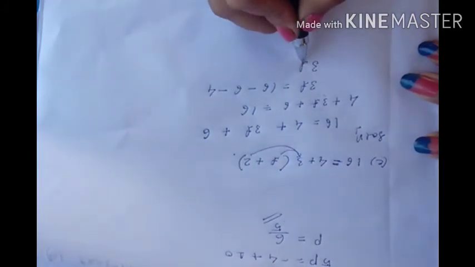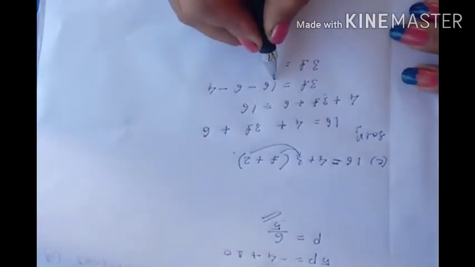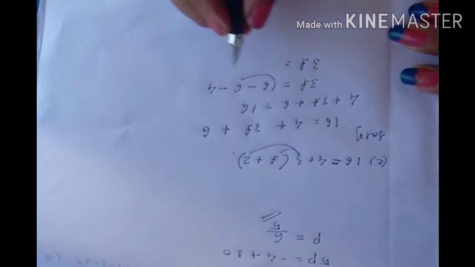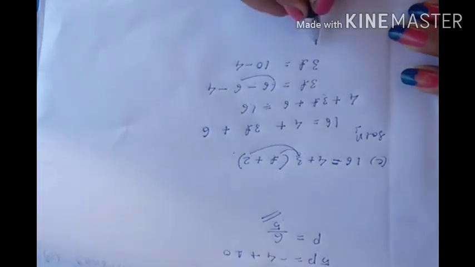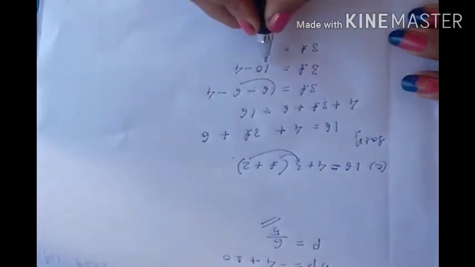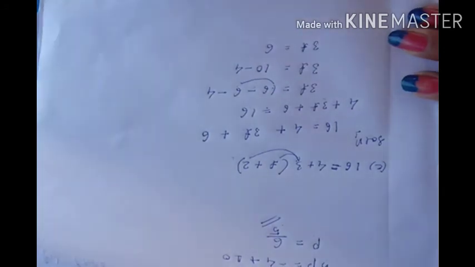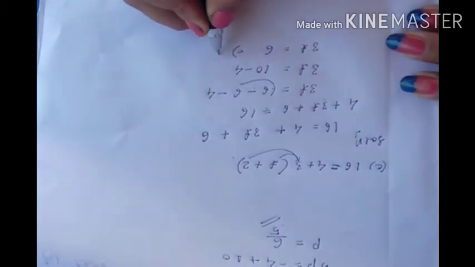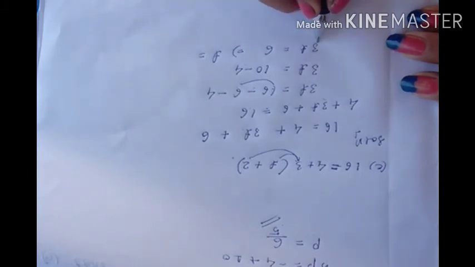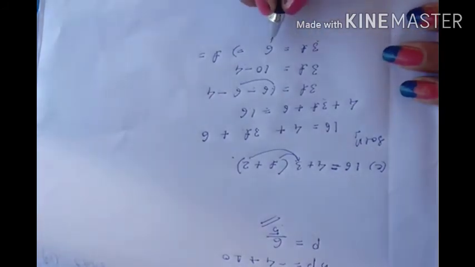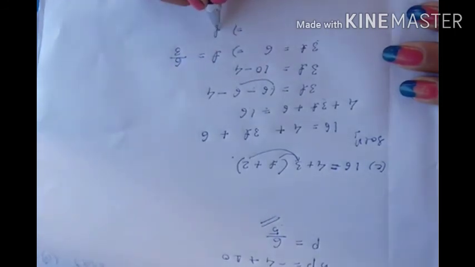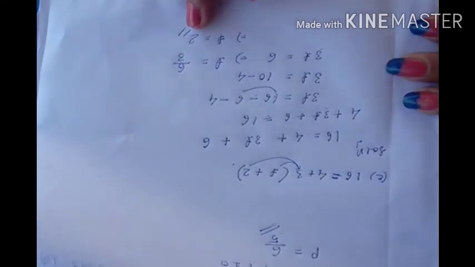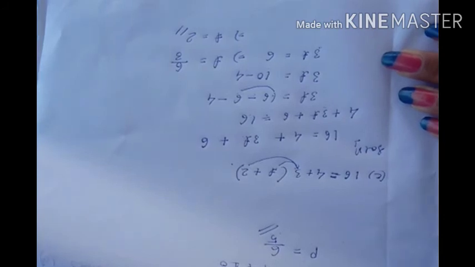Now 3t is equal to, if you solve this, how much will you get? 16 minus 6 is equal to 10, isn't it? 16 minus 6 equal to 10. Now 10 minus again 4. Now 3t is equal to, if you do 10 minus 4, you will get how much? 6, isn't it? Then again t is equal to, if you transpose this to the right hand side, then it will become divide. Now 6 divide 3. 6 divide 3 is equal to how much? 2. So what is the value of t? So the value of t we got is 2.